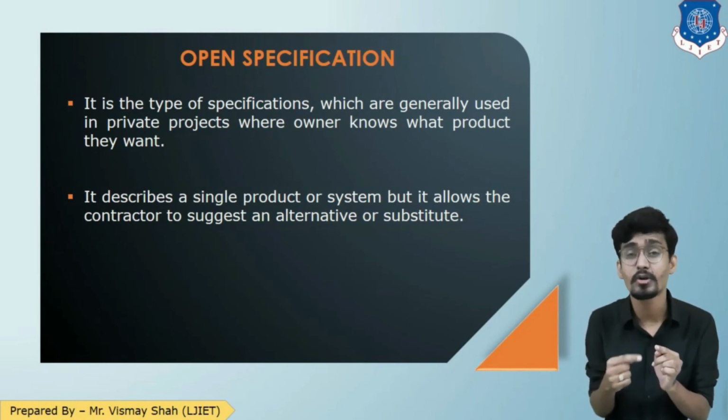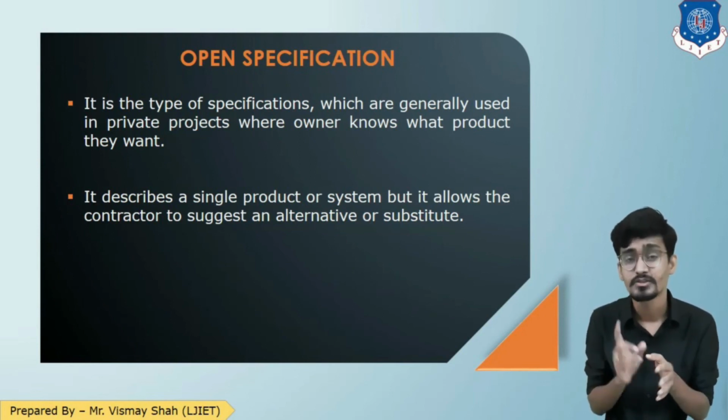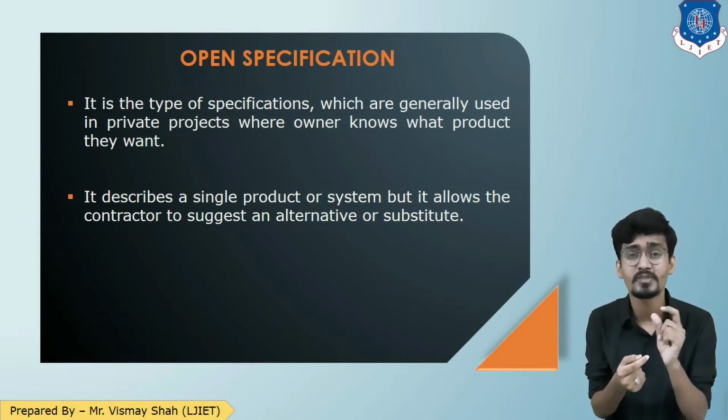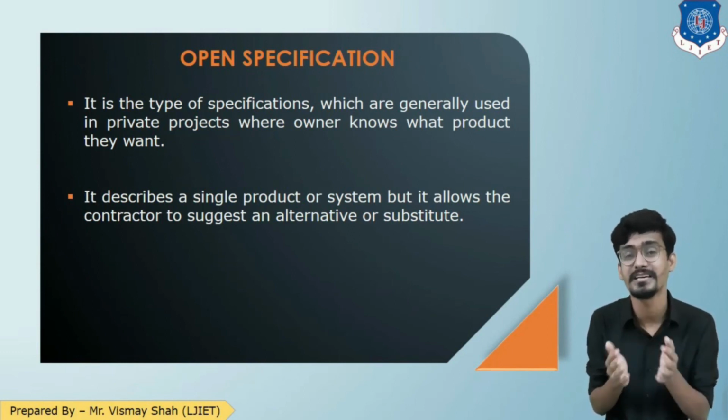But substitute means you are changing the entire product. Instead of tiles, I am putting marble stone. So that is the substitute of the tiles. But if I find various types of tiles or various manufacturers of the tiles, that is the alternate of the product. So the contractor is allowed to do the alternates or the substitute, but the final call is from